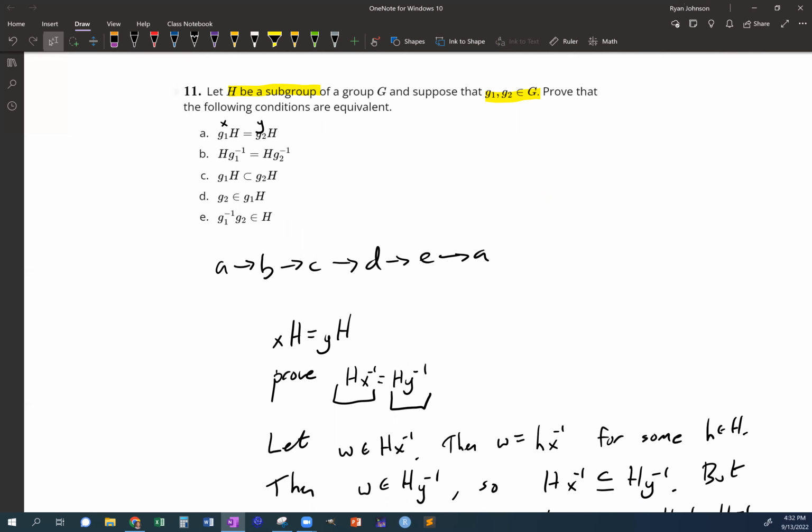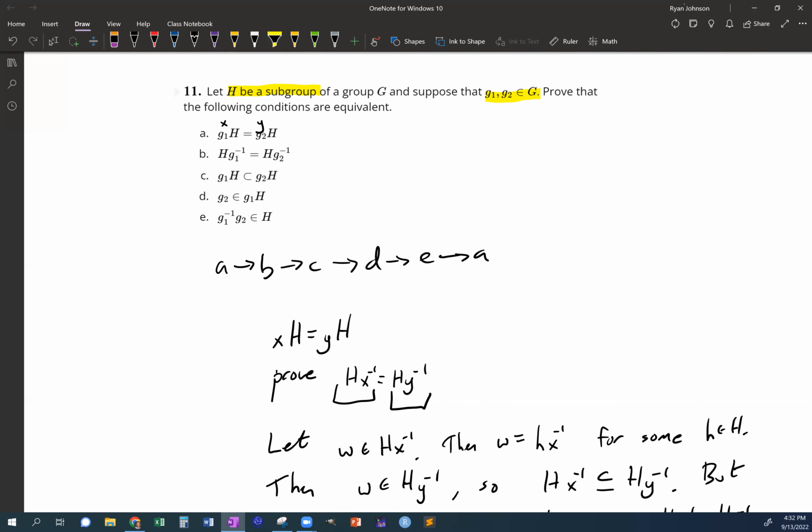I told the students that when you have to prove that the following conditions are equivalent, the best way to do it is A implies B implies C implies D implies E implies A. However, some things are easier to prove than others. So it might be better to go